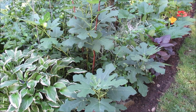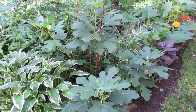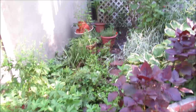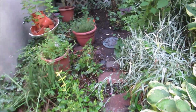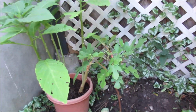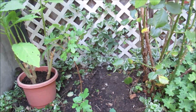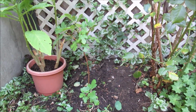But I was able to last year dig up the other fig tree that I had in a different location, and I've moved it over here, back here. I had it on the deck, but I decided to put it back here, and hopefully it's a better location for it, that it will be able to be in a warmer, more protected place, and that it will be able to hold,